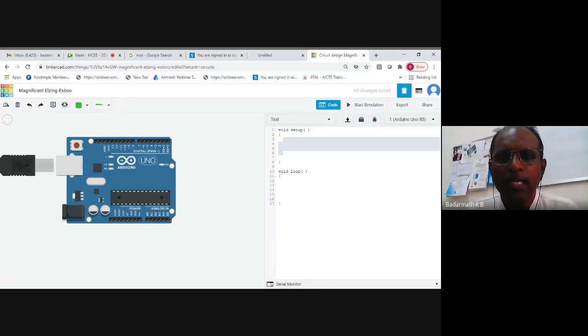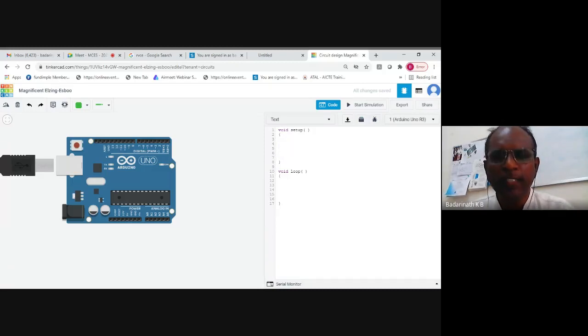So what is the job of the setup function? The setup function is the code I'm going to type here, which will be executed only once when I run my application. In the sense, the things which have to be executed only once. For example, you have to configure the pins you are going to use to connect the peripherals. Configuring the pin is required only one time in the beginning of a code. You are going to declare, set up, and initialize Wi-Fi connectivity. That is required only one time. So the things which are required to be done only one time, I'll be doing in the setup function.